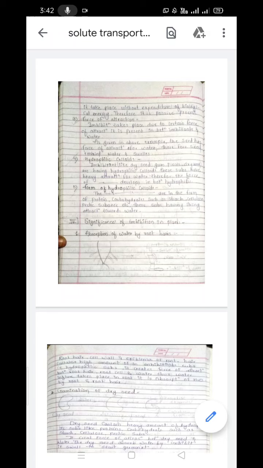Then the hydrophilic colloids. The imbibants like dry seeds, gum pieces, then dry woods are having hydrophilic colloids. These substances have heavy attraction for water. Therefore, the force of attraction develops in between them. Hydrophilic means water loving. जो water loving colloids means particle, जो water loving particles हैं